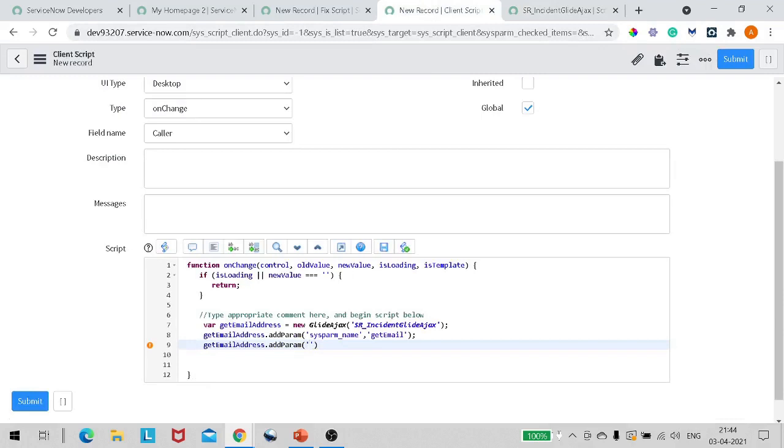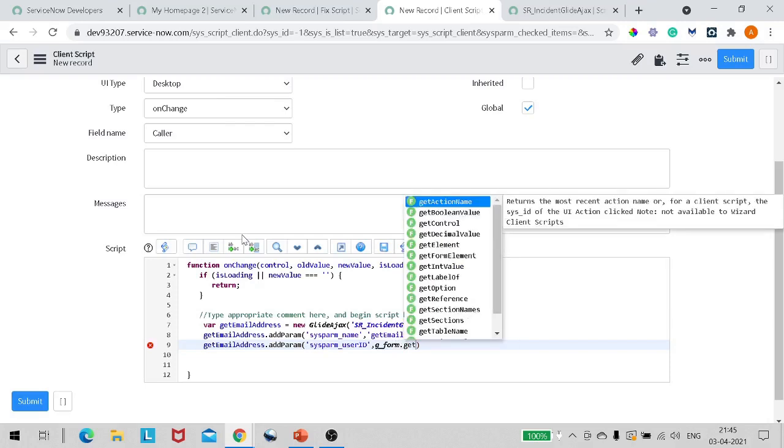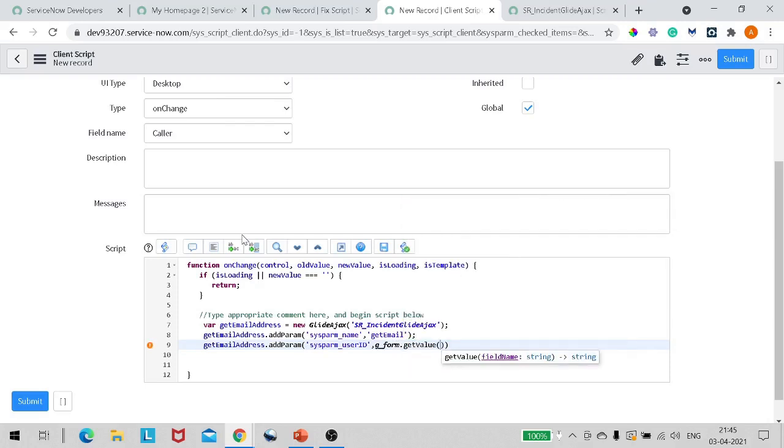So we will copy it out, paste it over there, and then we will give it a value like g_form.getValue of, it was requested by, I guess, right, the field.